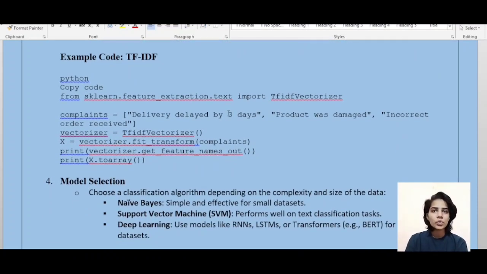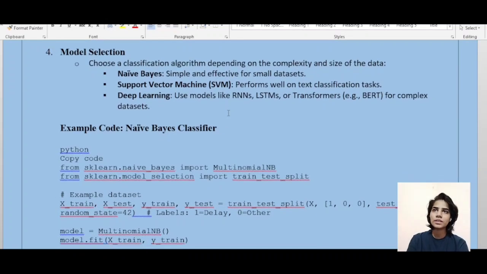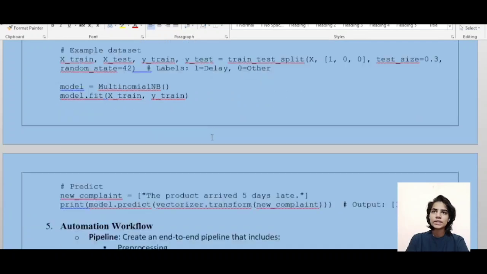There's also an example code for it. You can study it later. I'll provide you the link. Next is model selection. Choose a classification algorithm depending on the complexity and size of the data. Like naive Bayes, simple and effective for small data sets. Next, support vector machine (SVM) performs well on text classification tasks. Deep learning: use models like RNNs, LSTMs, or transformers for complex data sets. And the example code,